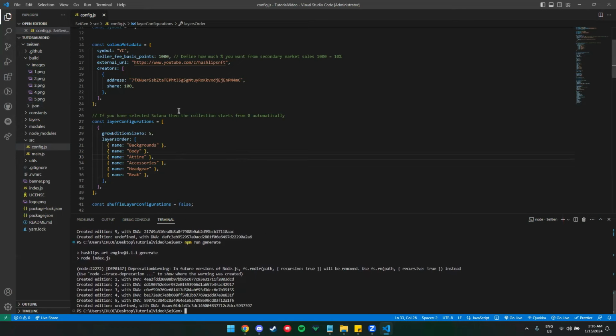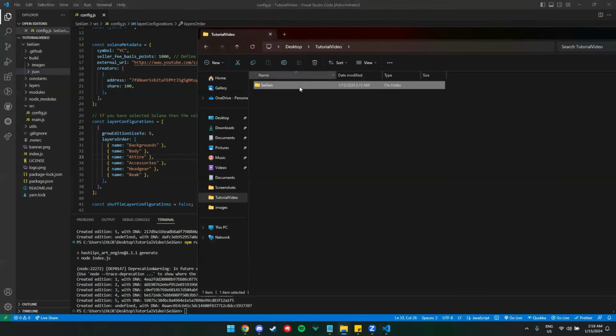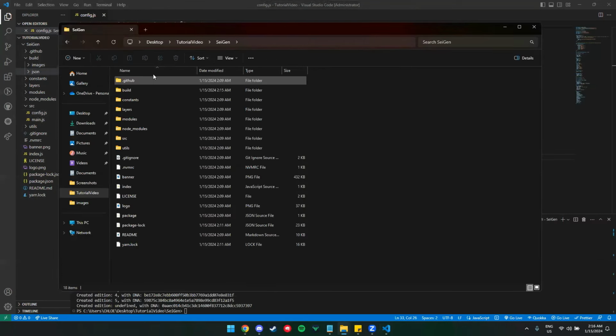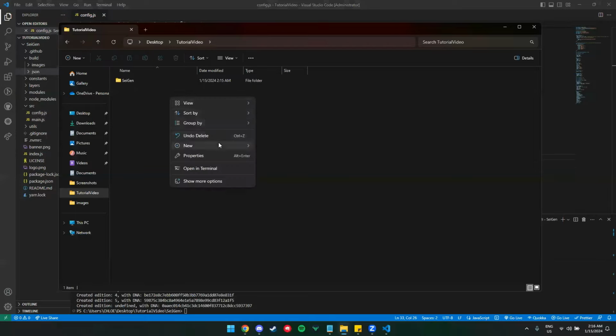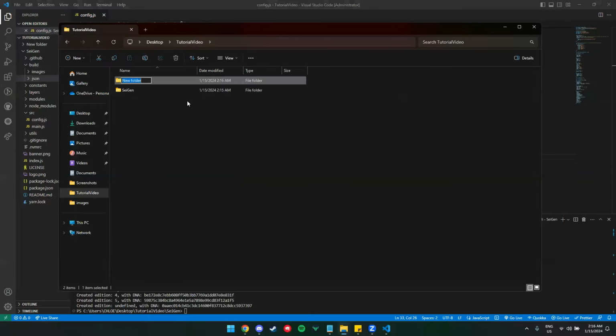After doing this, after you have all of your NFTs, PNG files, and the JSON files, all you need to do is go back to your folder. Go back to Sagen folder. I'm sorry. First, create a new folder, name it your collections folder. For me, I'll name it as my project. So under my project, inside that folder, I'll create a new folder and name it as assets.